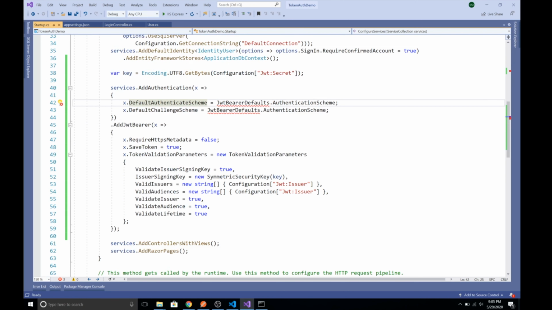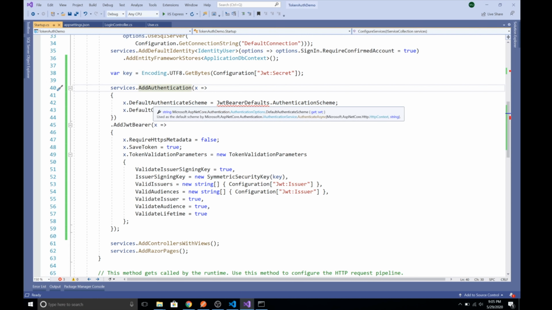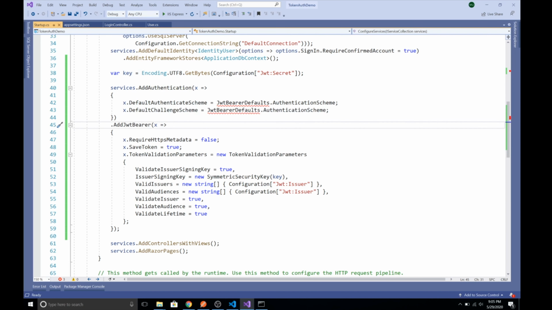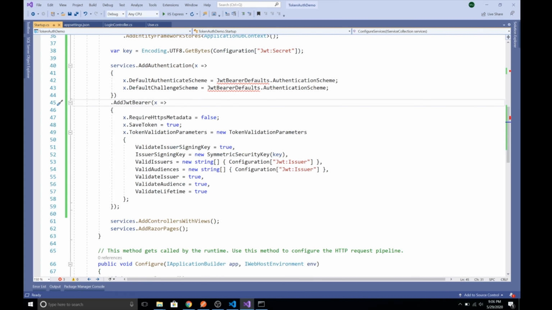In this AddAuthentication method, we need to pass the option of DefaultAuthenticateScheme as JwtBearerDefaults, and DefaultChallengeScheme as JwtBearerDefaults. So this sets our application to use the Jwt authentication, and we need to add another option for this to work with the Jwt token, which is .AddJwtBearer, and in this we can pass